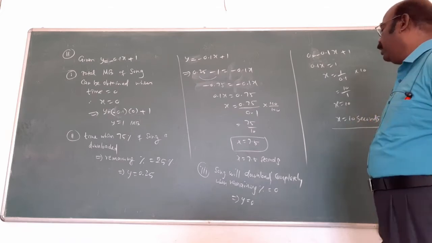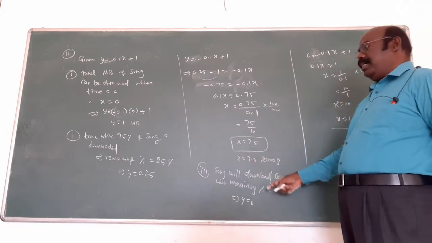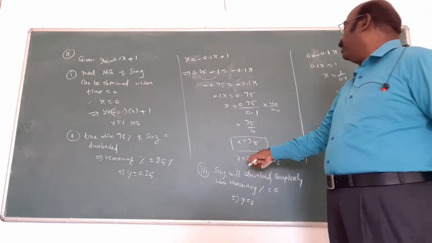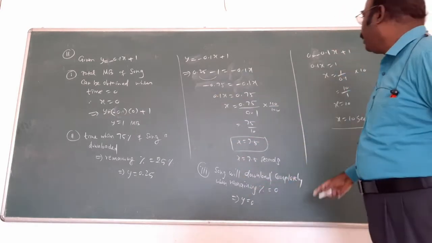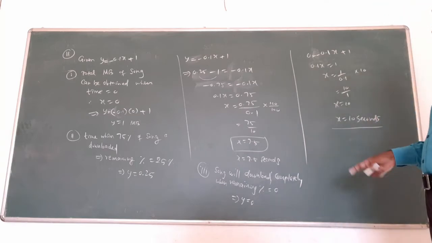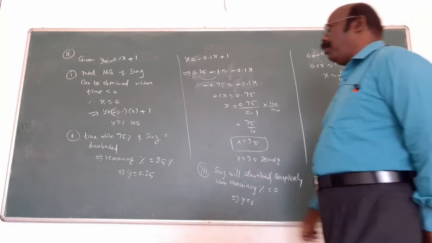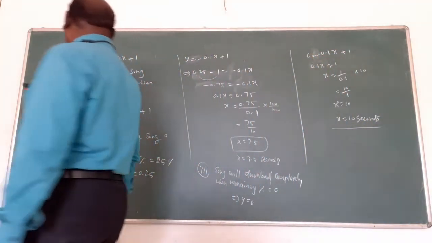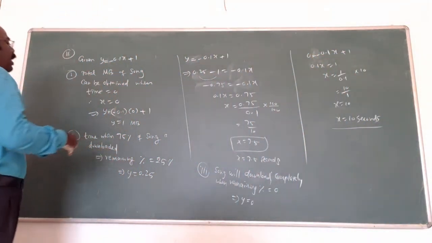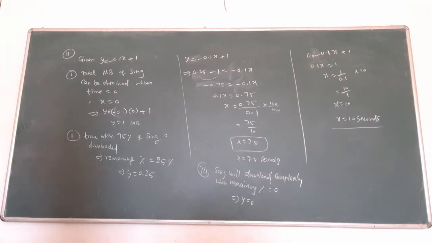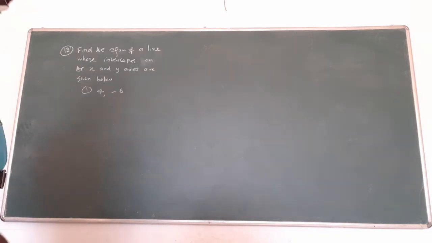That is the answer. Here it is 7.5 seconds. 75% of the song is downloaded. The line is 7.5 seconds. At that time the remaining part is not 0. At 10 seconds, it is 0. In this way, you find one by one. The equation is clearly given. In the first one, the time is given. Time is 0, y is asked. In the remaining problem, the y value is given, and you will find the x value. That is the answer. Now the next question.